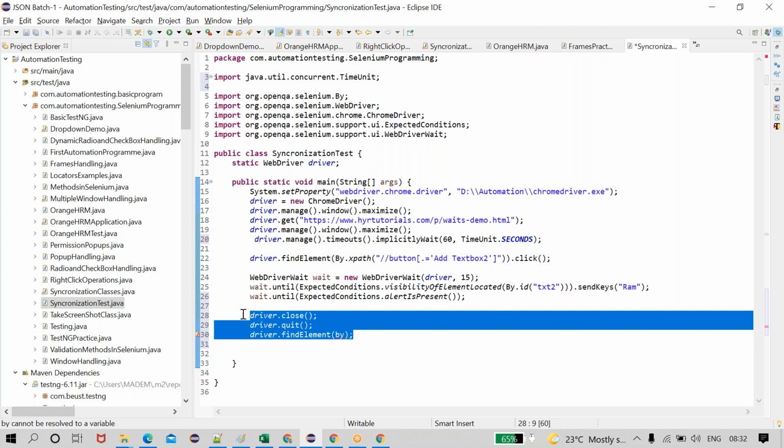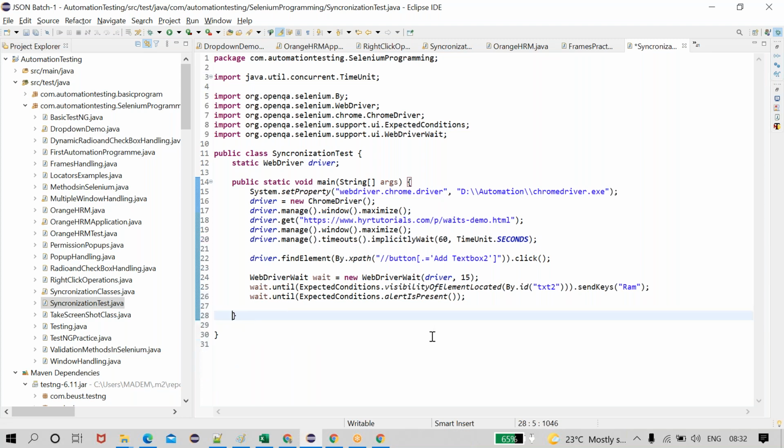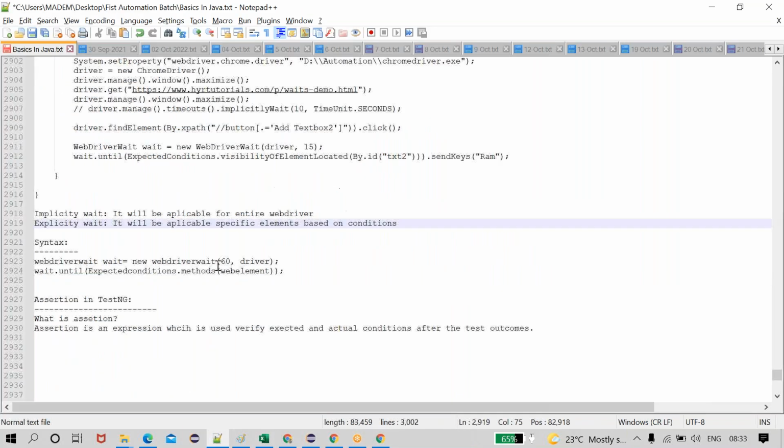That is about implicit wait and explicit wait: how to use implicit wait, how to use explicit wait. Based upon the conditions, we use the explicit wait. Implicit wait, we always use from the driver perspective. No need to give maximum time; you can take at most 15 to 20 seconds. This is the maximum time we need to wait for an element. Now I am going to discuss one more topic. There is one more wait: page load timeout is another type of timeout available in Selenium. That is also very important.